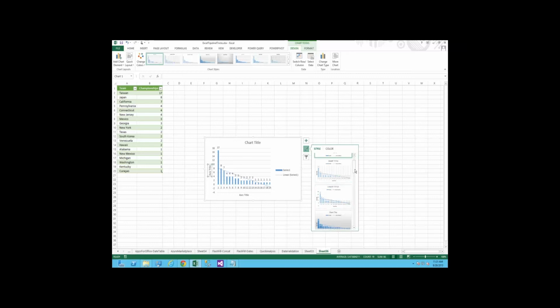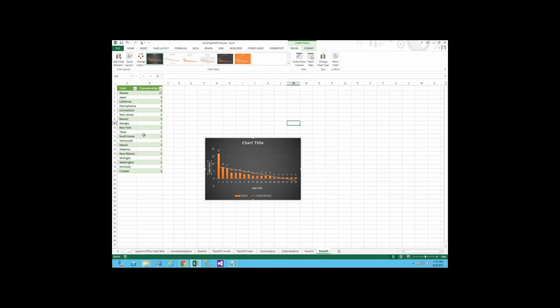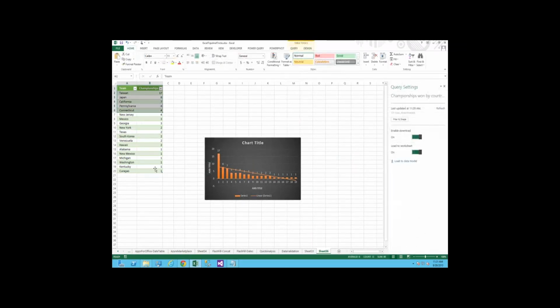All right, so you can see the various options that it highlighted for me. We can select one that we like. We can then go over to the color tab and start playing with our color choices to change the look and feel of it real quickly. So there you go. We were able to use quick analysis to pull in